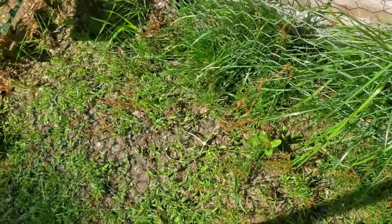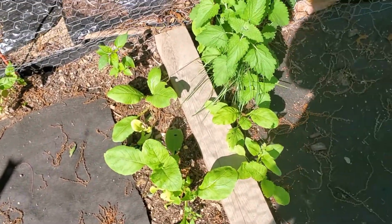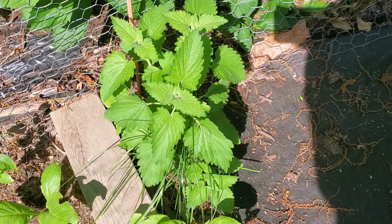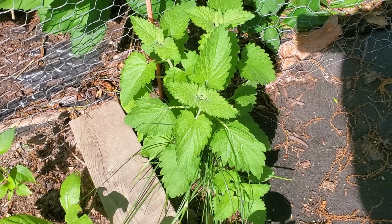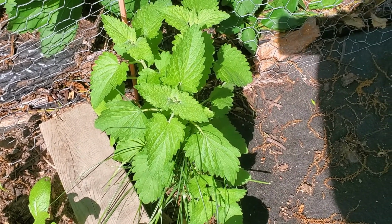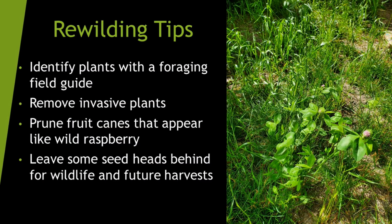And another interesting thing is I put up a little garden here in the front, and when I was doing that, I saw this plant here, and instead of pulling that out as a weed when I was making my garden for lettuce and things, I left it there. Because I smelled it, it was very, very tiny, and it smelled like oregano to me, and I let it grow, and it looks like we have some wild catnip, so my cat's going to be excited about that. So it's interesting to see